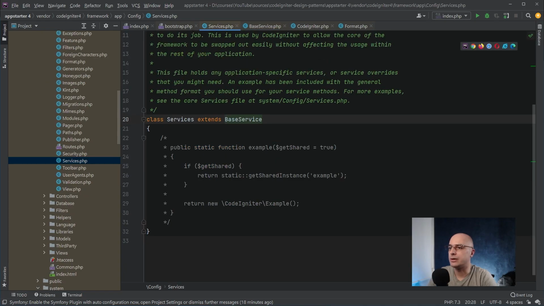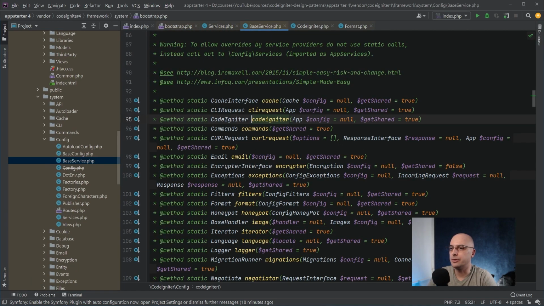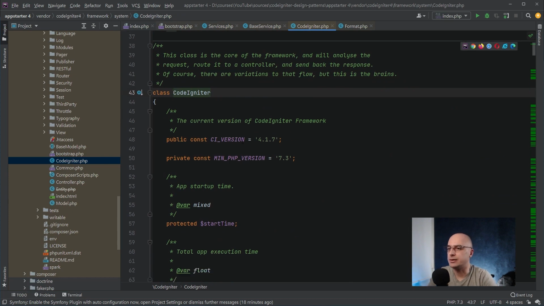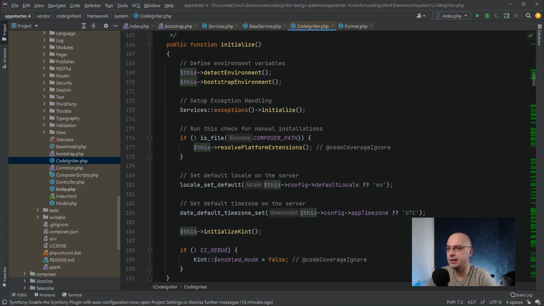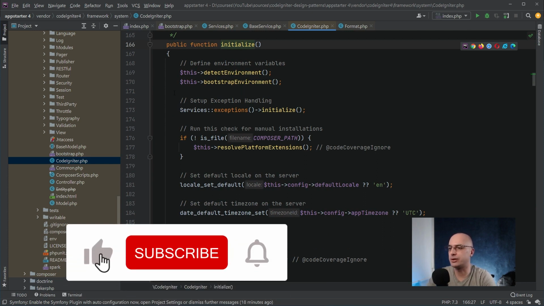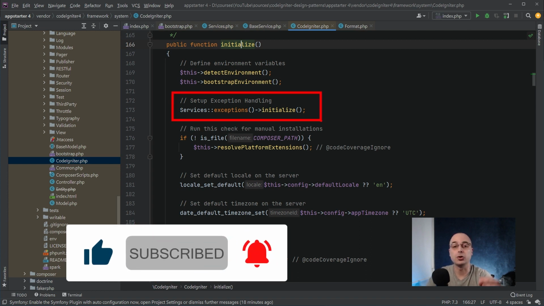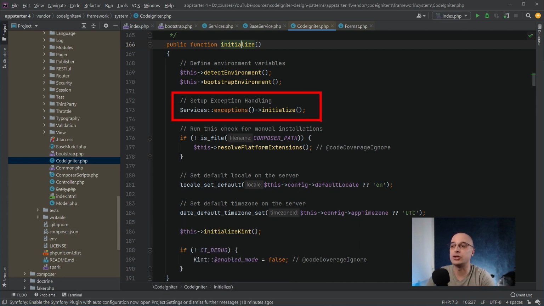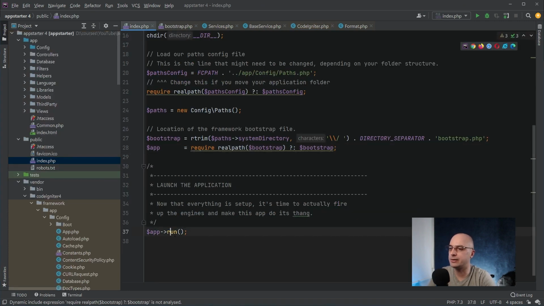Now going back to our application, we saw that there is this Codeigniter service here, and if we open that one, we can see that it's basically a service being initialized, and it has this initialize service method here, and we can see this service exception, for example, that we just talked about in practice. So there is one use of the services to get the initialization for the exception, in this particular case. But if we go back to our index, we see that this app has this run method,